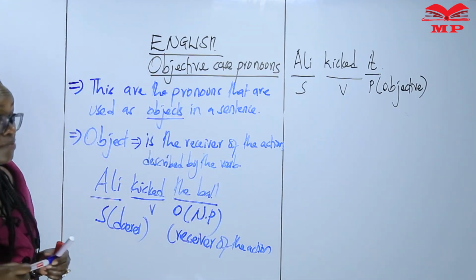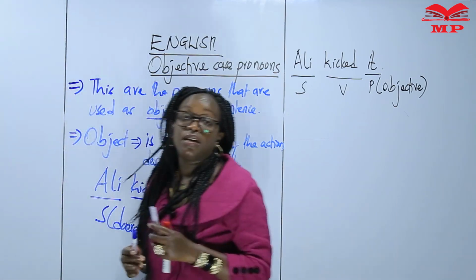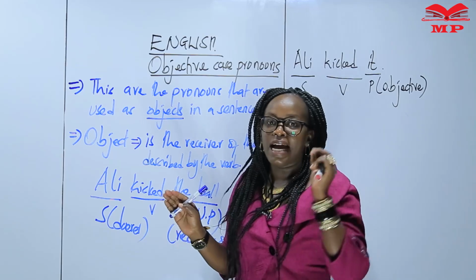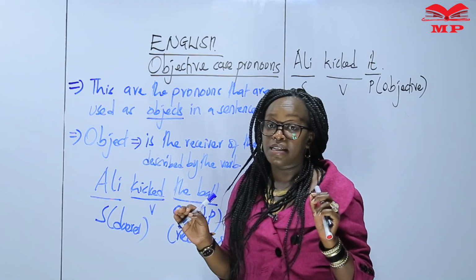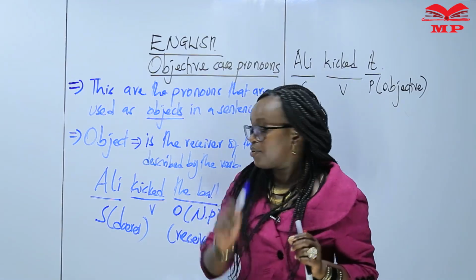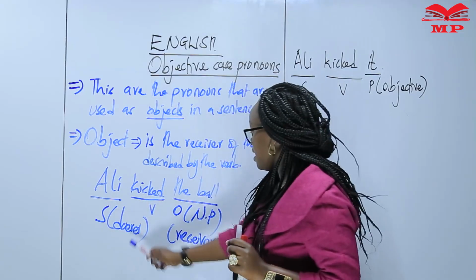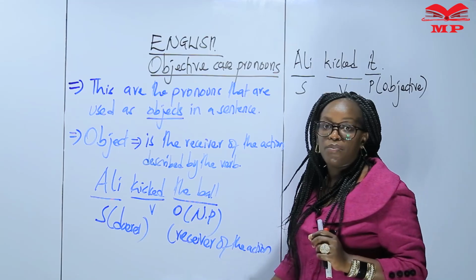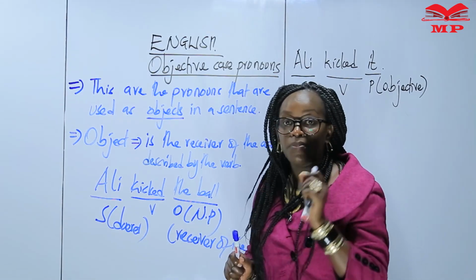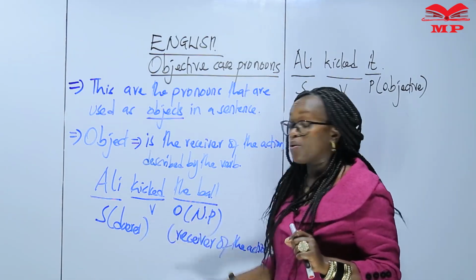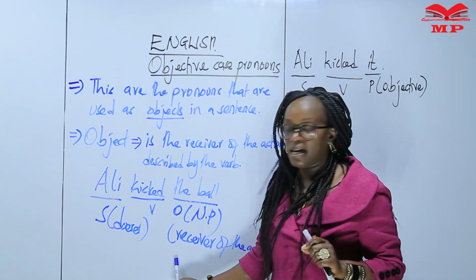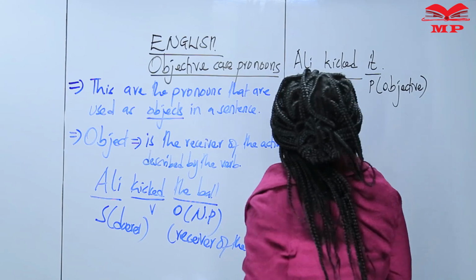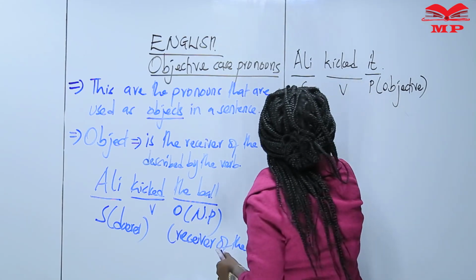This section is very simple. I actually enjoy teaching these types of pronouns because identifying a subject and an object in a sentence is not difficult. If you understand that the subject is the doer and that the object is always the receiver of an action, you'll not have a problem with also identifying pronouns that are used either as subjects or as objects. And to give an example of another sentence here, just examples of more sentences, if we say,